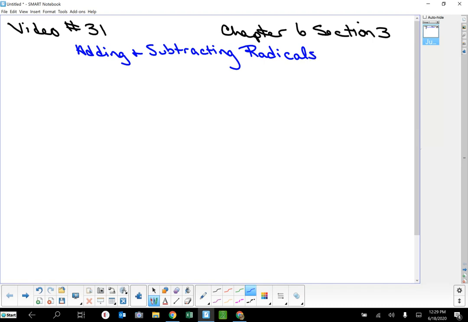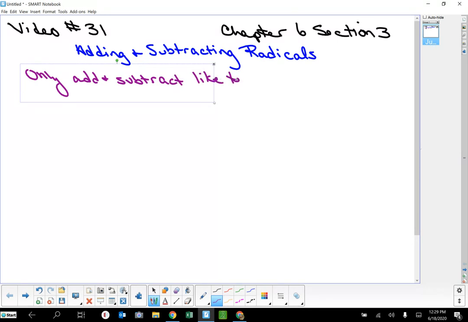Okay, so when you add and subtract radicals, it's similar to adding and subtracting variable terms in that you can only add and subtract like terms, right? That's a common thing in math. And when we're talking about radicals, radicals are like terms